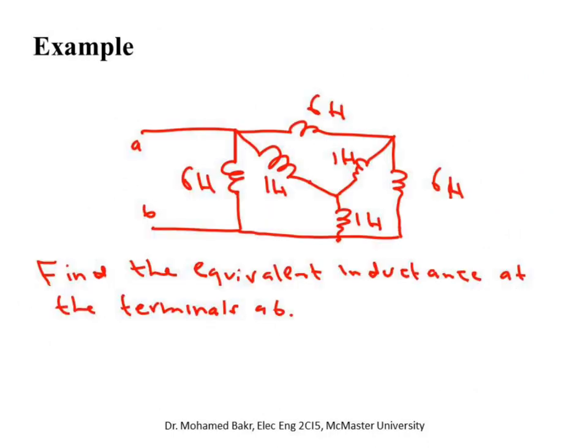Okay, let's take a look at an example here. We have this combination of inductances, and would like to find the equivalent inductance seen between points A and B. As we agreed, if we have any combination of inductances, we can replace it by only a single inductance, in the same way we did for resistances before. You look at this circuit, you don't really see any series or parallel connection. So what you have to do is start by using a Y to delta transformation to break this